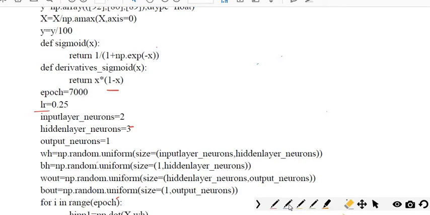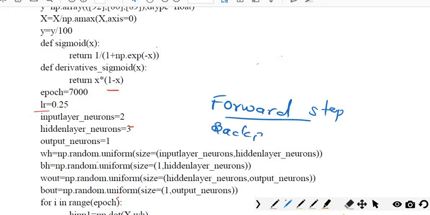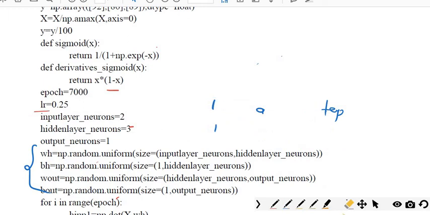So this step is called feed forward, or the forward step. We have 2 steps in this back propagation technique: one is the forward step, and the other is back propagation. You can also say forward propagation and back propagation. Here, in forward propagation, we take the input from each node, multiply it with the weight, and the output of each input neuron becomes the input for a hidden layer.